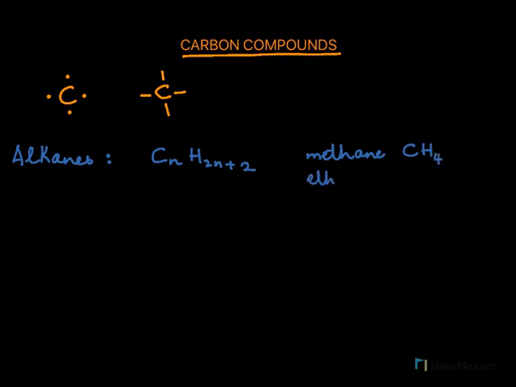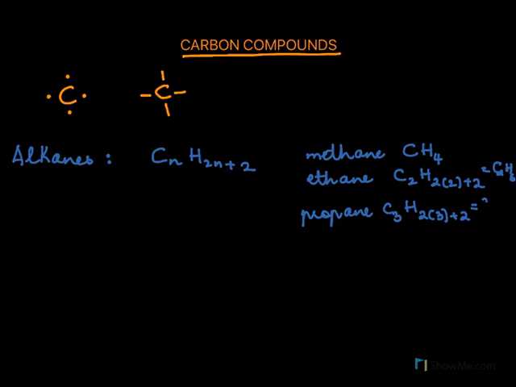Then we learned ethane having 2 carbons, hence the formula 2n+2, and that becomes C2H6. And then we learned propane having 3 carbons, and the formula is 2n, n is 3, plus 2, and that would be